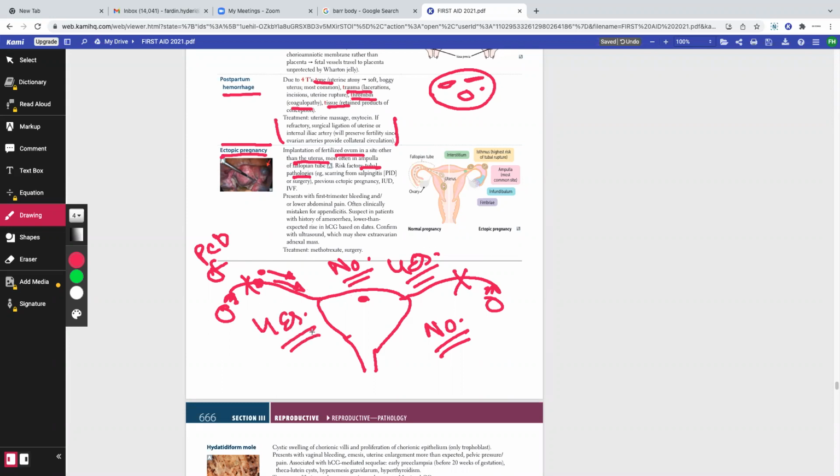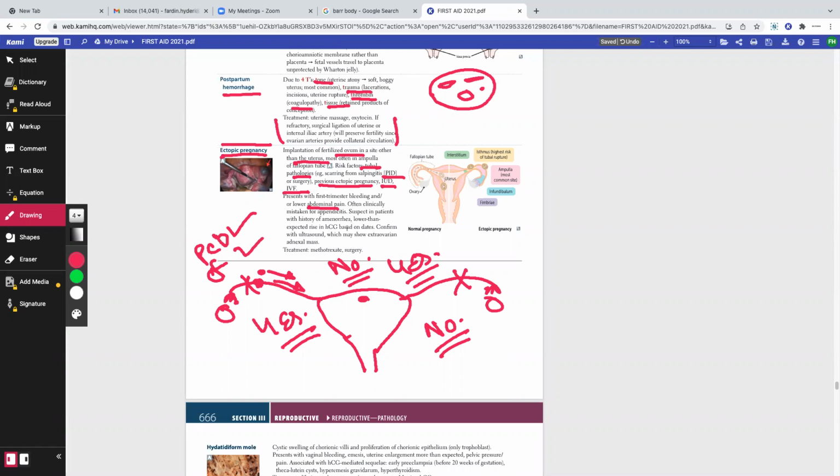In those cases, we can expect patients to suffer from ectopic pregnancy, as simple as that. So previous ectopic pregnancy is a very high risk. Intrauterine death is a very high risk. IVF, in vitro fertilization, is a very high risk. PID is a very high risk for fibrosis, and so is primary ciliary dyskinesia and cystic fibrosis. Okay, so that's it. This presents with first trimester bleeding. Patients will have amenorrhea with severe pain and bleeding all of a sudden.